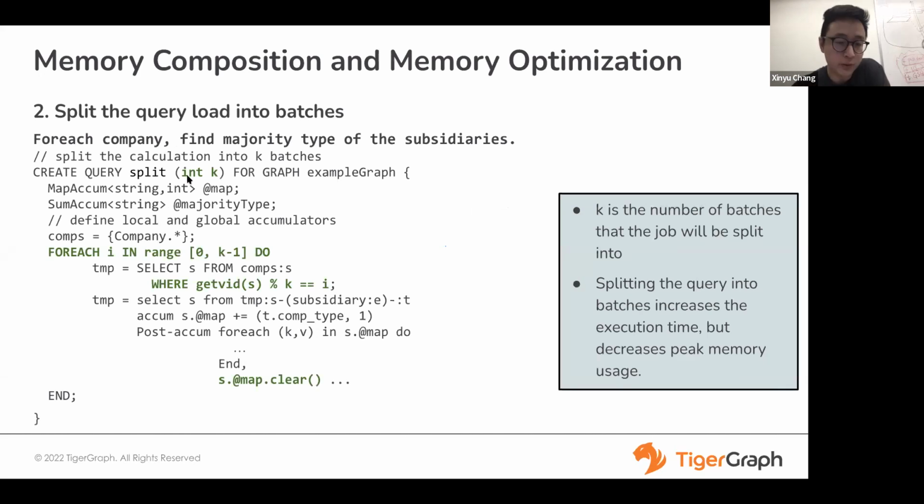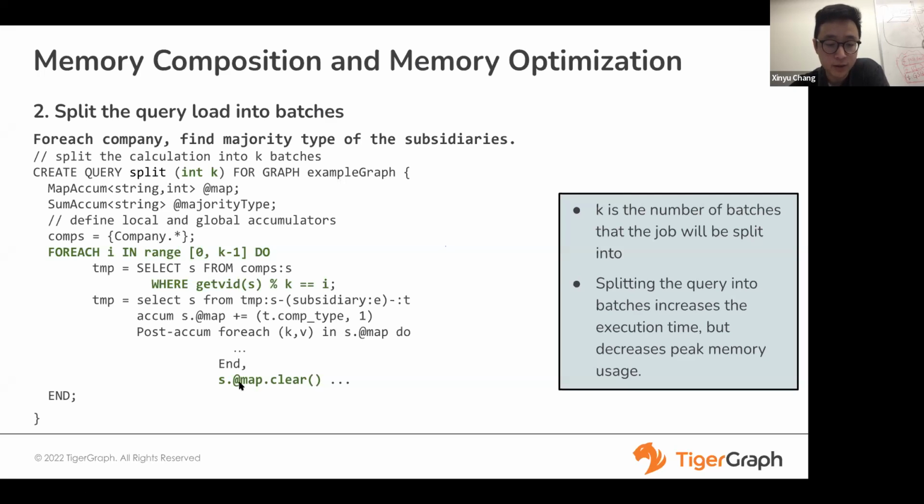So the way of doing that is we'll take an integer k. K means that we are splitting the query logic into k mini batches. Here we want to split the logic into mini batches with this foreach loop. You can see the foreach loop will perform exactly k times, and in the beginning of every iteration, it will start from all the vertices we want to process and only select those whose ID mod k equals i, where i is the number of the iteration. So that we only keep one kth of the vertices in the mini batch to run through the job,